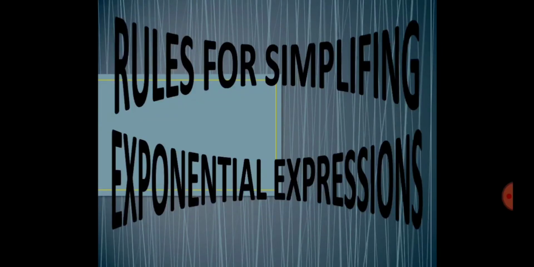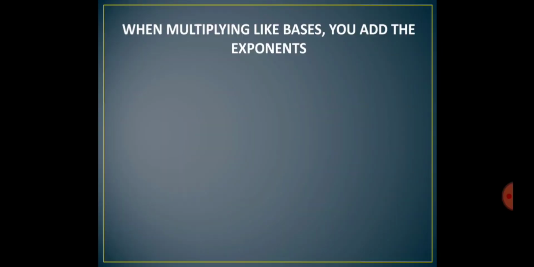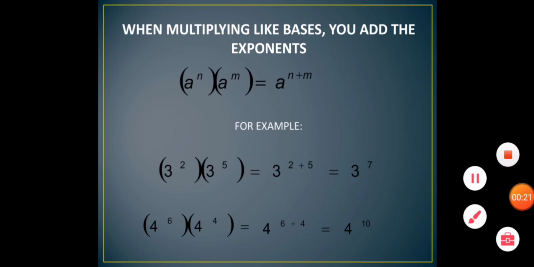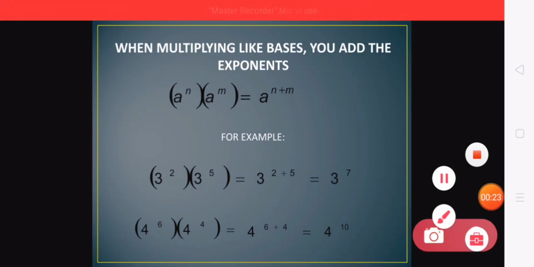Rules for simplifying exponential expressions. When multiplying like bases, you add the exponents. a^n times a^m equals a^(n+m). So for example, 3^2 times 3^5 equals 3^7, because 3^2 equals